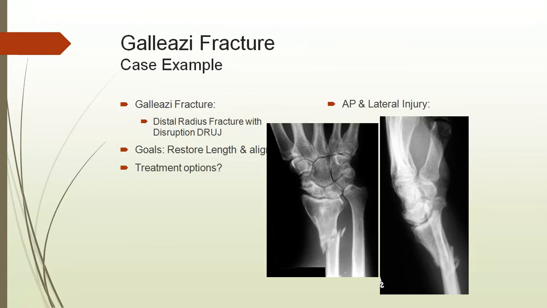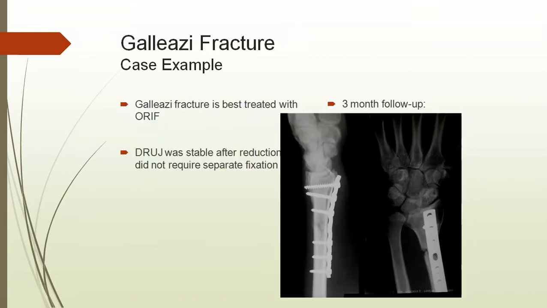So this is an example of a Galeazzi fracture. It is best treated with a plate because it is also called a fracture of necessity. Why? Because any fracture which we need to treat compulsorily with surgery, which cannot be managed by conservative management in adults, is called a fracture of necessity. So Galeazzi fracture is one such type of fracture of necessity. So this is best treated with open reduction and internal fixation with the plate.